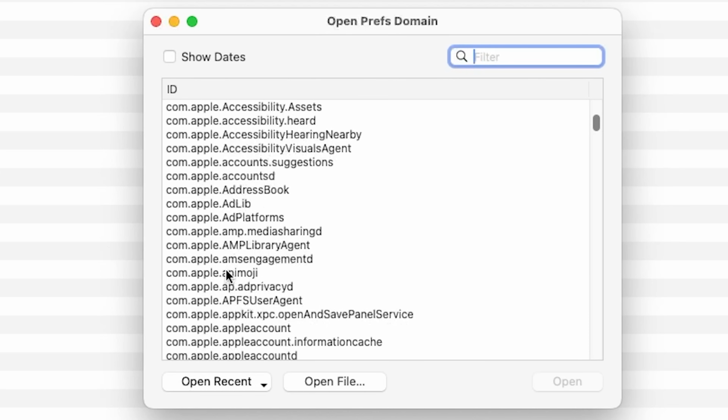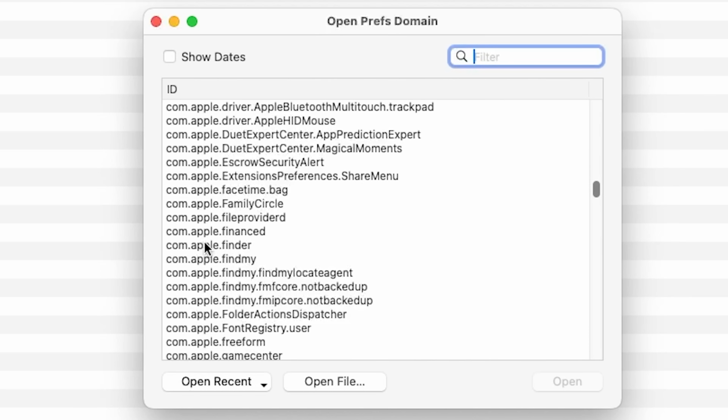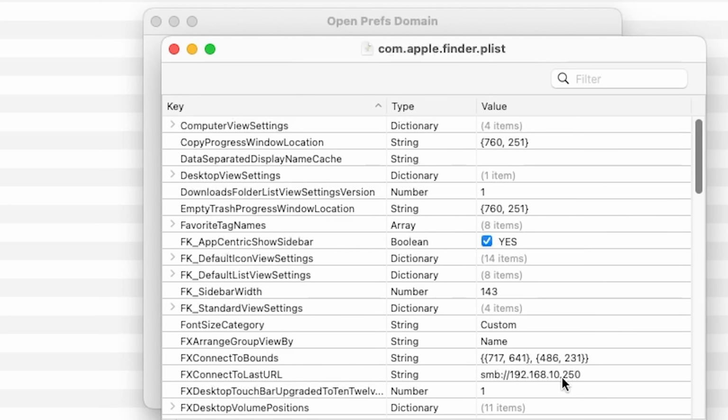com.apple.finder.plist. So just scroll down through. They are alphabetical, and that's the one there. So com.apple.finder, and we'll choose open. So you've got a whole bunch of settings here, and the next one we want is the